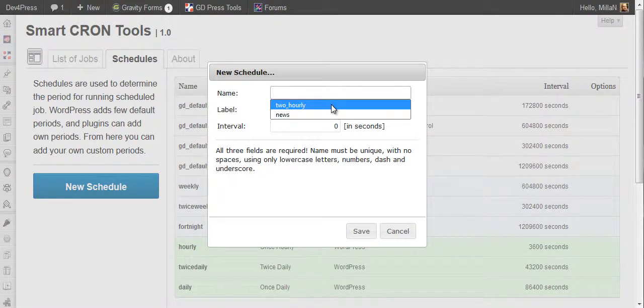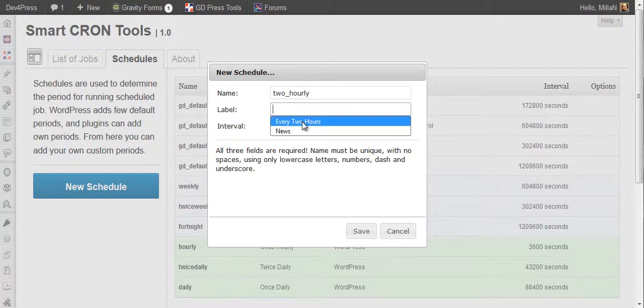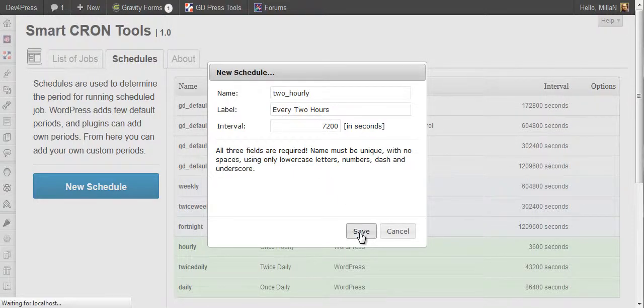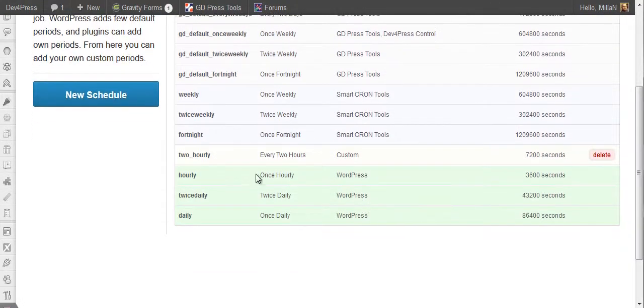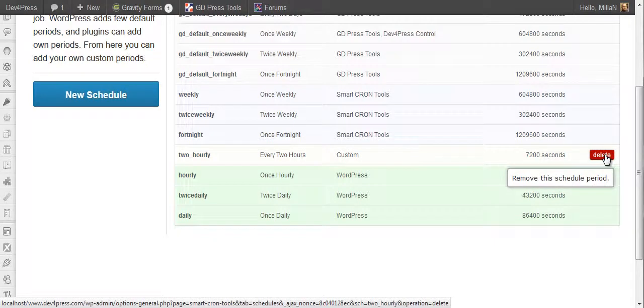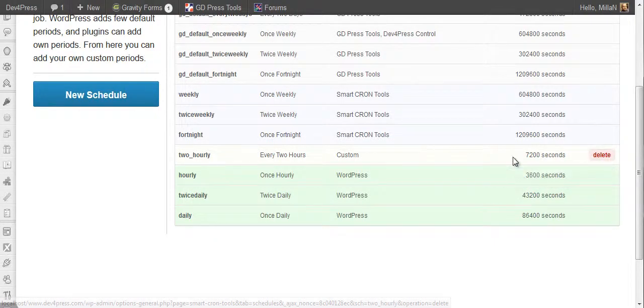Let's create one now for a period of 7,200 seconds or 2 hours. This new schedule is listed here, and this is the one you can remove because we created it.